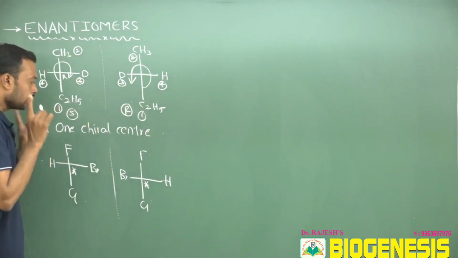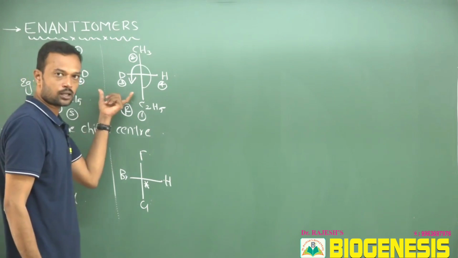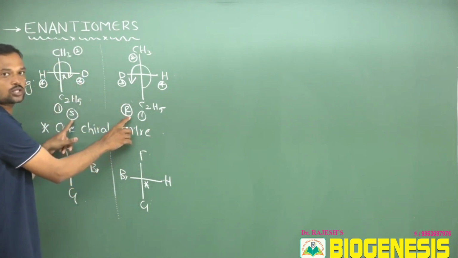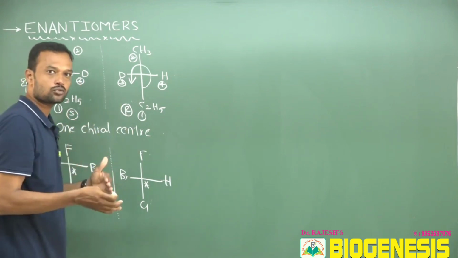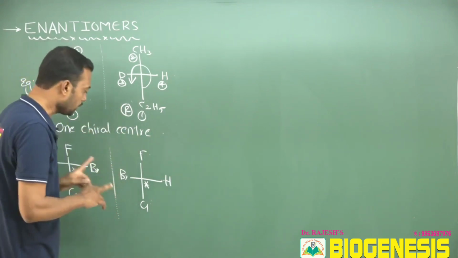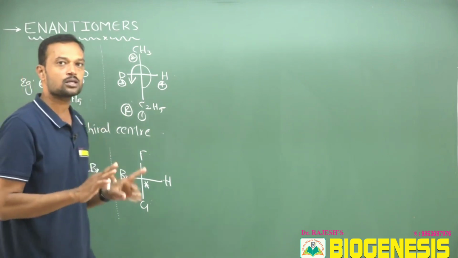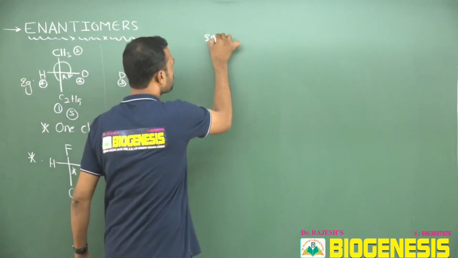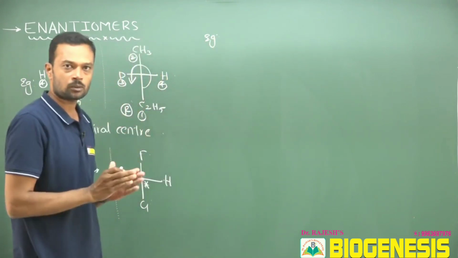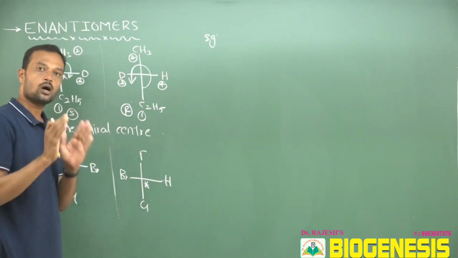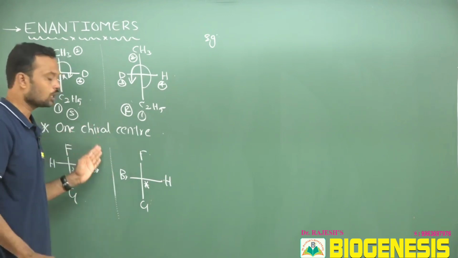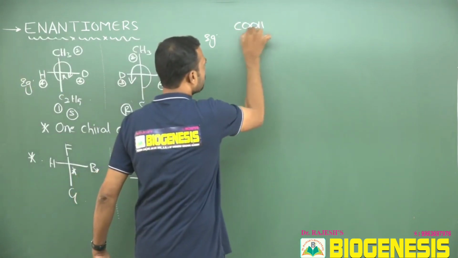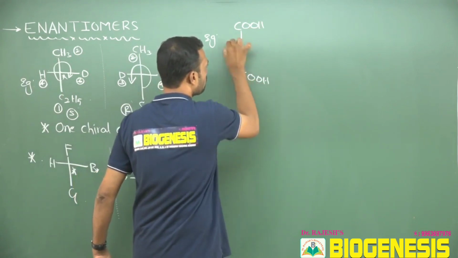If you see a pair of molecules which are enantiomeric in nature, they definitely have opposite configurations, R and S. If they carry the same configuration, they become homomers. So blindly remember, the image of a one-chiral-center molecule is always enantiomeric in nature. You may take any kind of projection formula, normal Fischer projection or all kinds of different molecular projections. This point always remains the same. Now I am taking one more example. This is a carboxylic acid and here also a carboxylic acid.